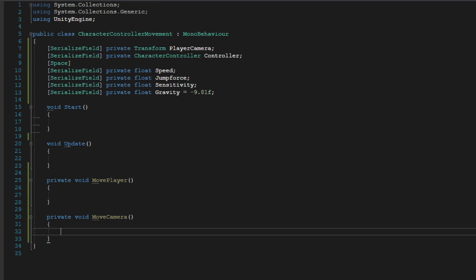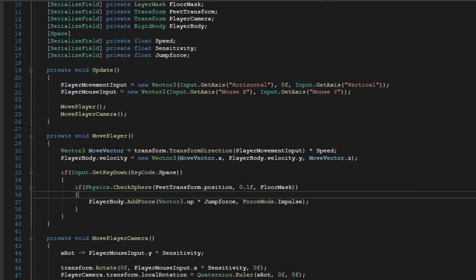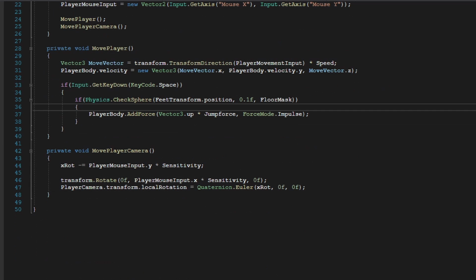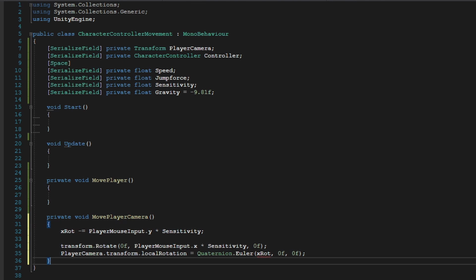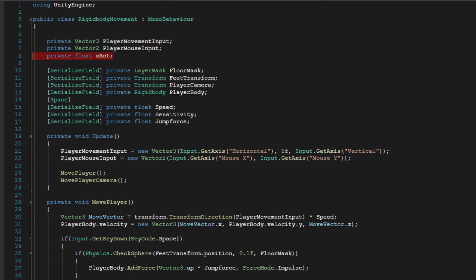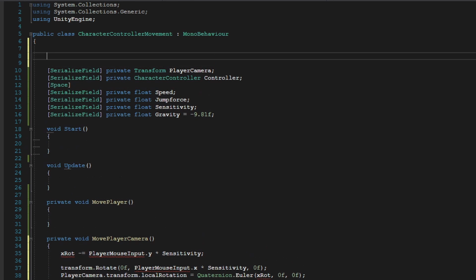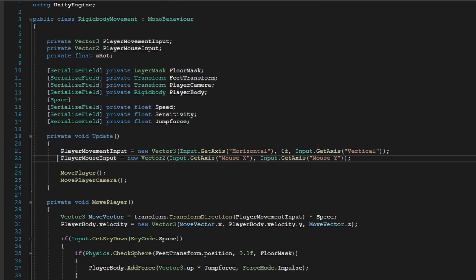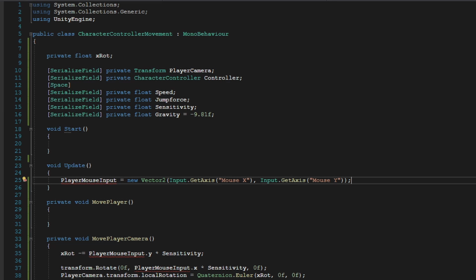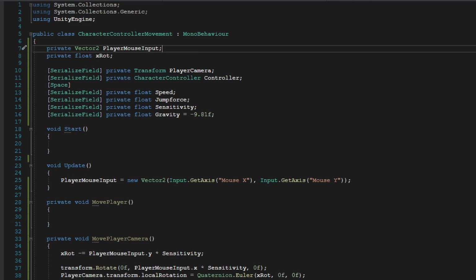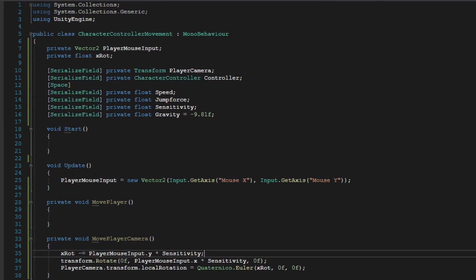so the move camera function is exactly the same as the rigid body camera movement. So we can just copy this over. Copy that over. You know, the player mouse input. Alright, so the player camera movement is set up because this is fairly universal amongst moving the player camera,